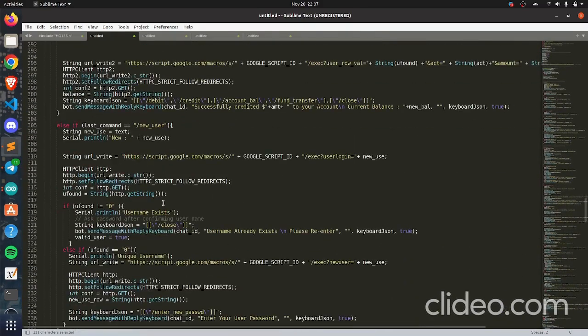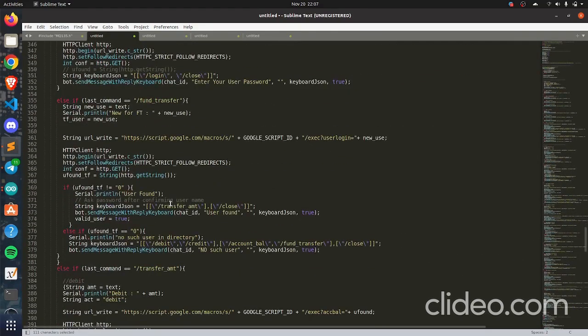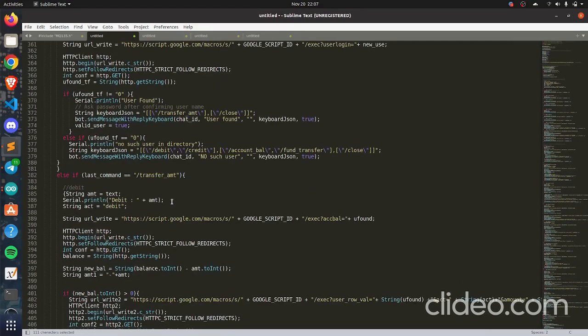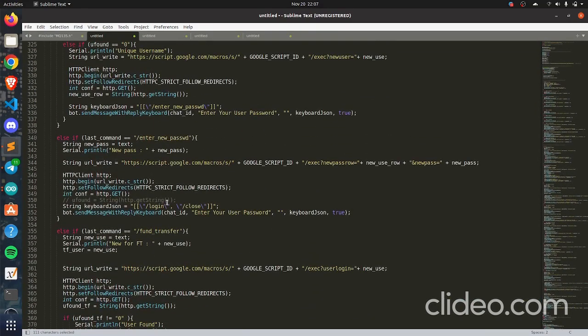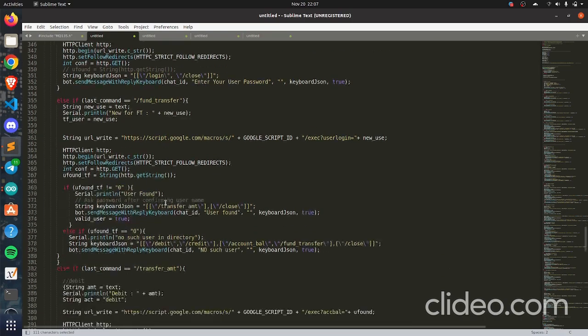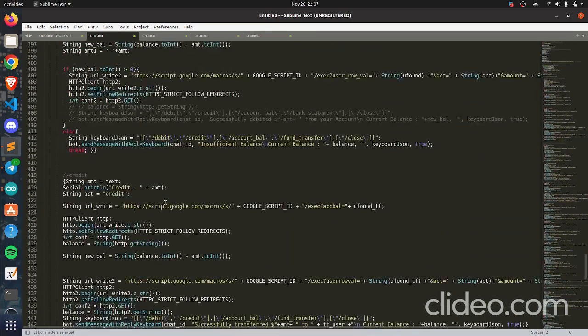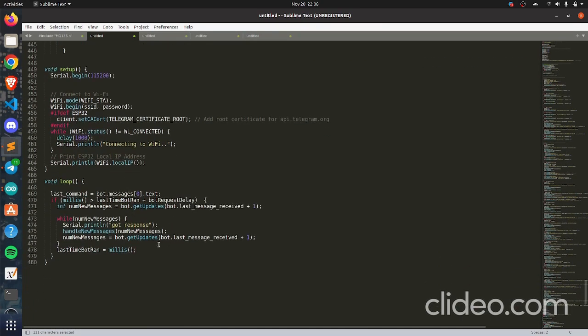For fund transfer, we debit and credit two different users at the same time. Also, if the amount that is to be transferred or debited is more than the balance of the account holder, then it throws an error and says that it's insufficient balance and to enter the amount again. So this is the setup where we initialize the Wi-Fi, and this is the loop which keeps running,